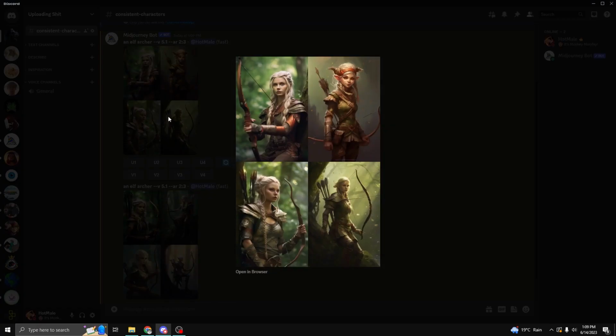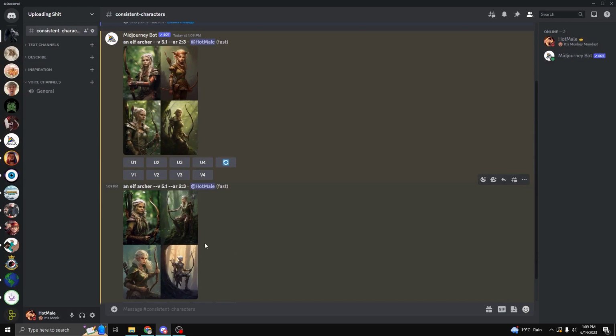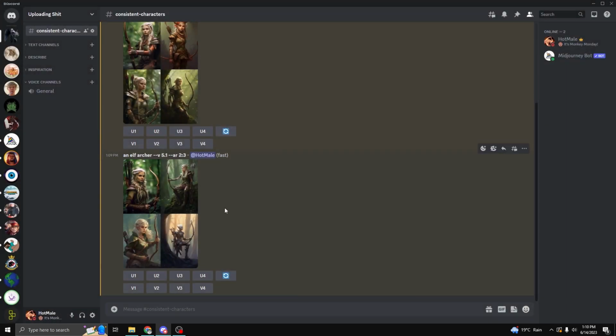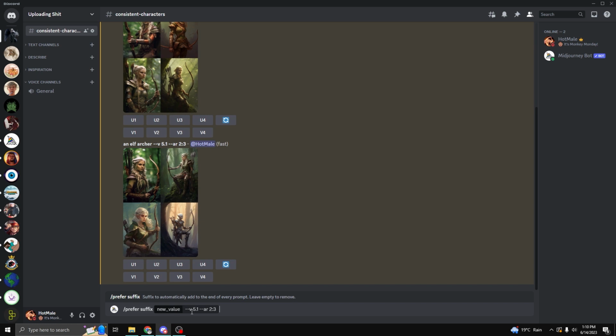The images have finished iterating, and now you see some of the archers are wearing green and holding bows, so it actually is what we wanted. But some aren't wearing as much green, some aren't female. So what we can do to narrow this down is narrow down the actual prompt. So let's take the last prompt,